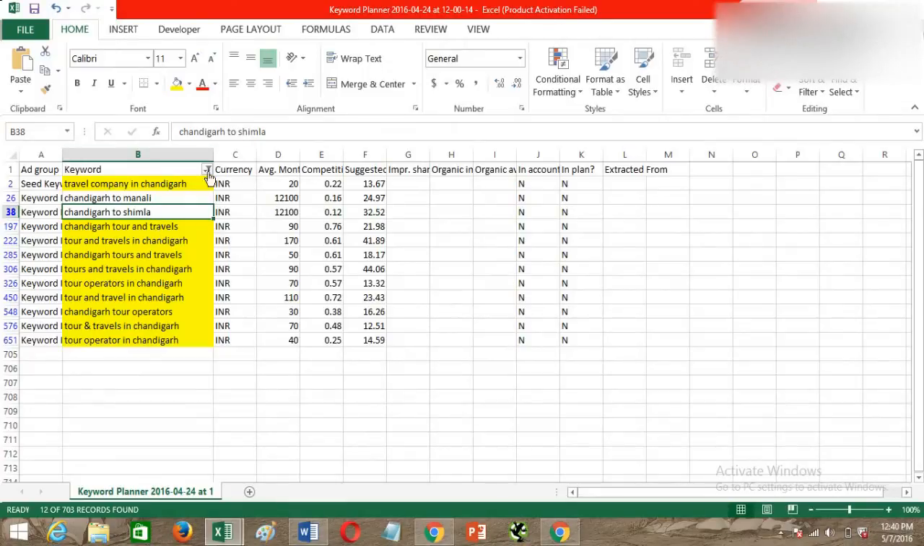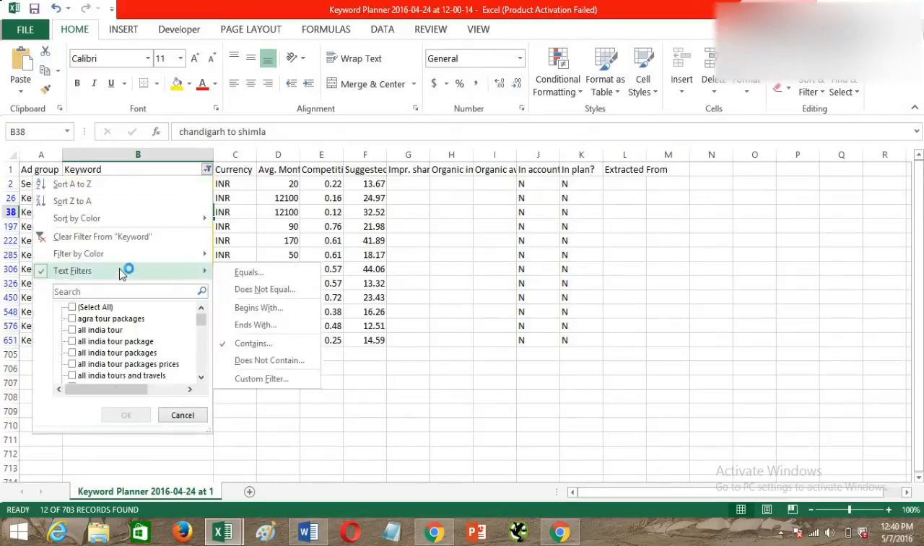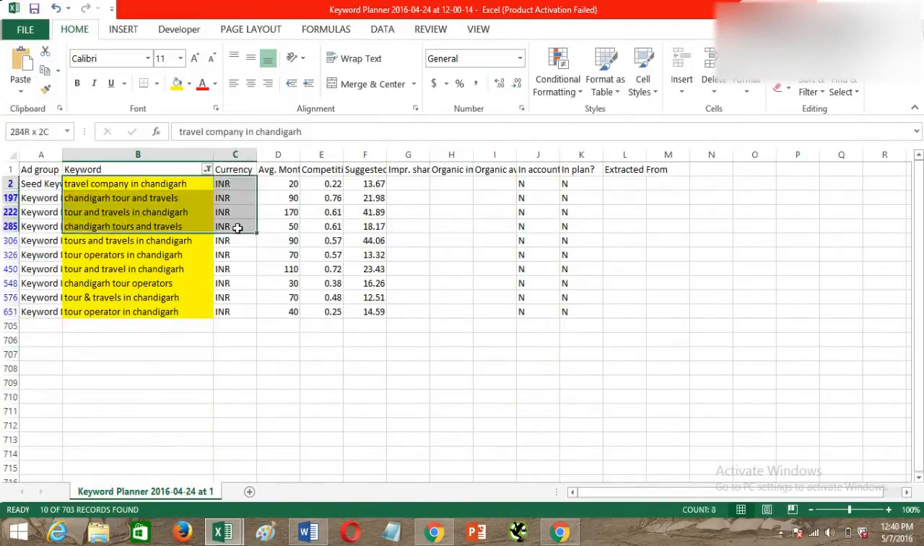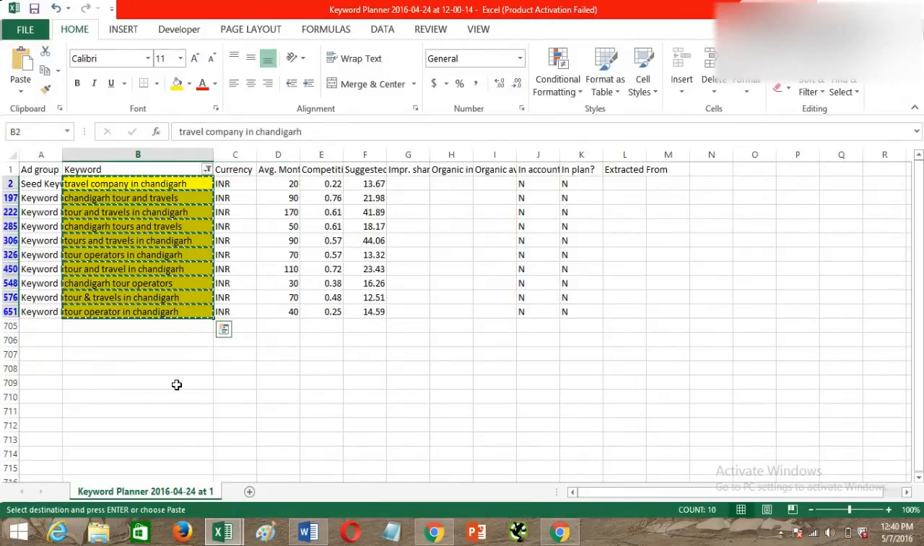So let's clear the filter, and then you can again filter them with color, right? So I've got the keywords that are relevant, the location based keywords that I really want, because at the initial stage